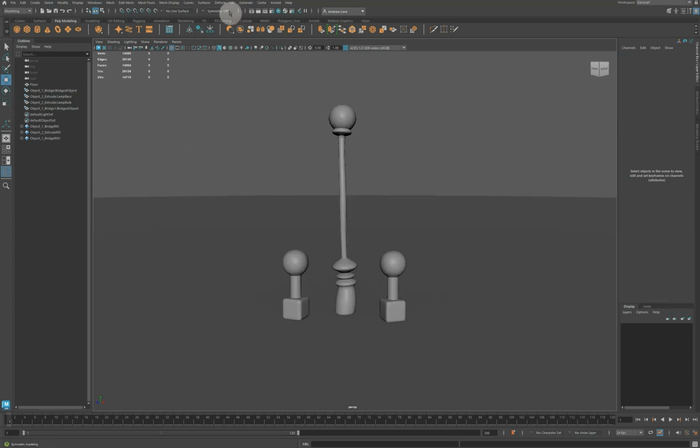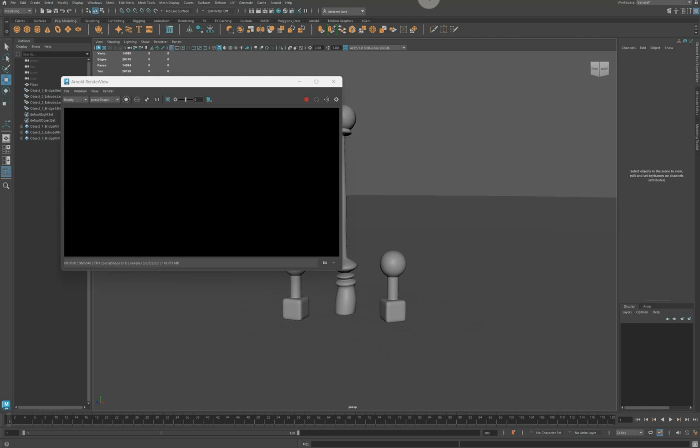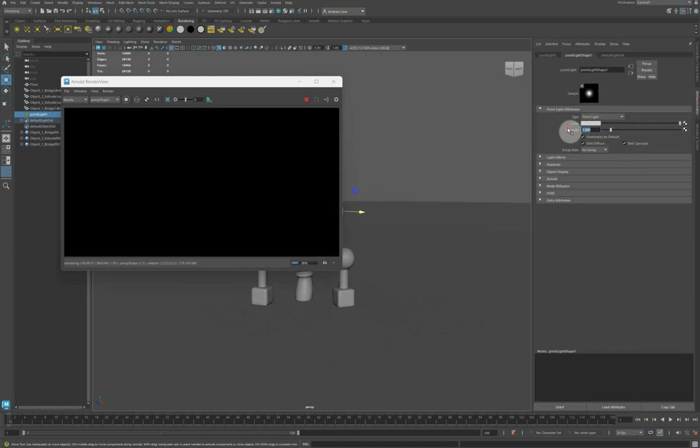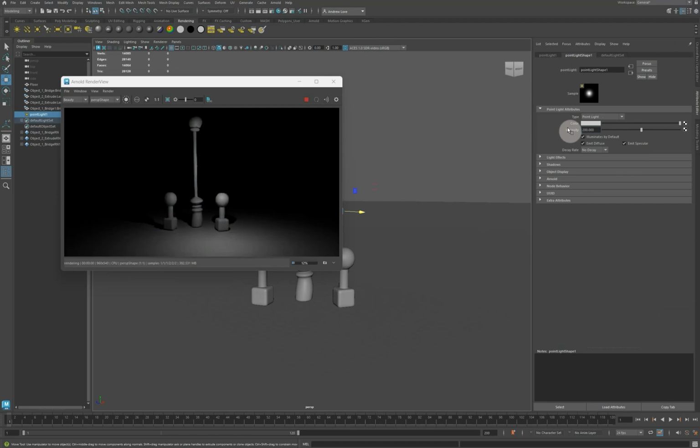And if we render that now, we go Arnold, Render, and as you can see, we get a black image because there's no lights in there. So if we put a point light in there, we'll go into the rendering bit there and go, give me a point light, move it outside the object. We put it over here, a bit of three-point light. We're still not getting anything until we go to its attribute editor and say be a lot brighter. So if I go E 200, I get that,